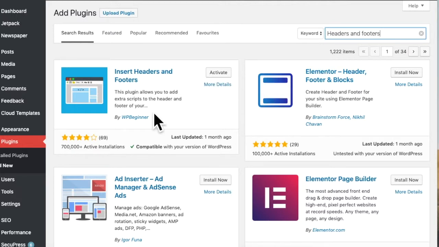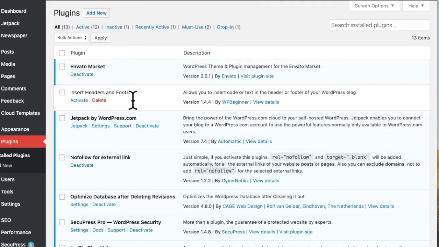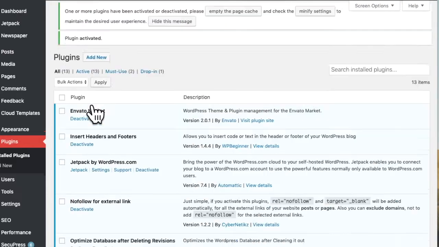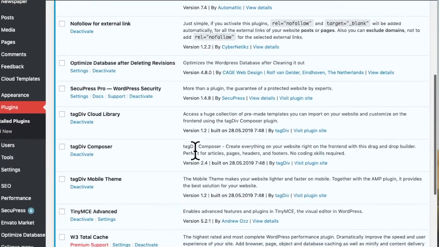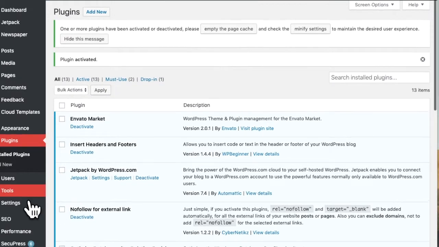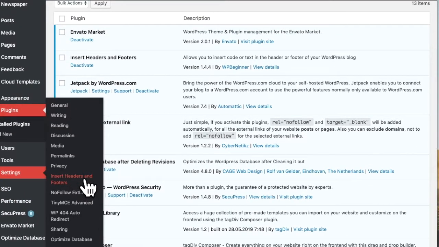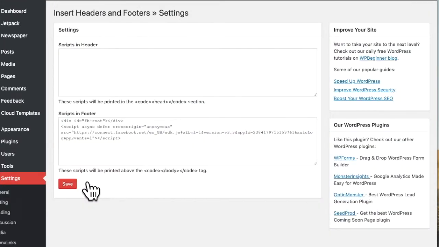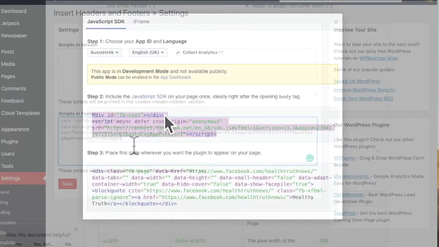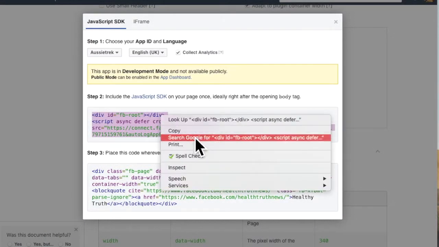Well, I've already installed it, so I'll go to plugins, and I just need to activate it. It should be in settings. Yep. Get that? Oh, there it is. Okay, so we grabbed that code,